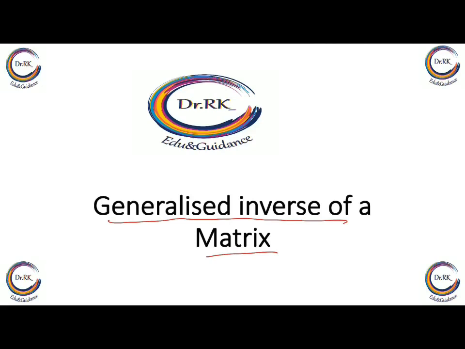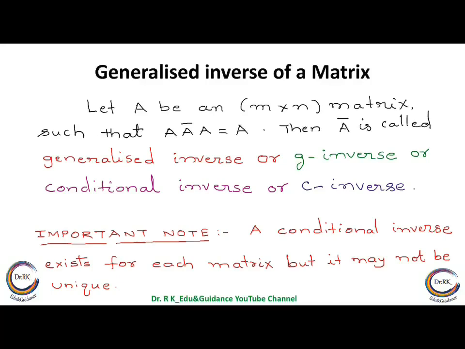Right? Let A be, here again the same. So in the first method or in regular discussion, we always look for A to be a square matrix. Here in the MP method, inverse by MP method, we are not imposing any restriction like that, right? It can be a rectangular matrix. So here also M by N matrix. Here we denote it by A bar. So if there exists a matrix A bar such that A into A bar into A equal to A, then this A bar is called as G inverse or conditional inverse, right?